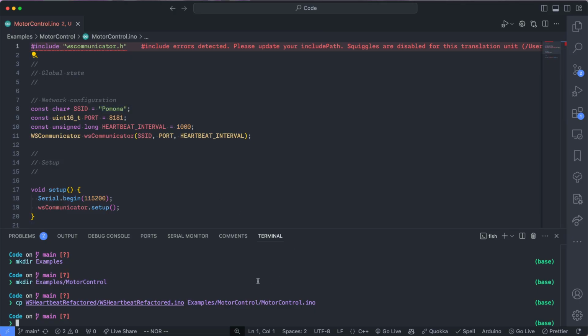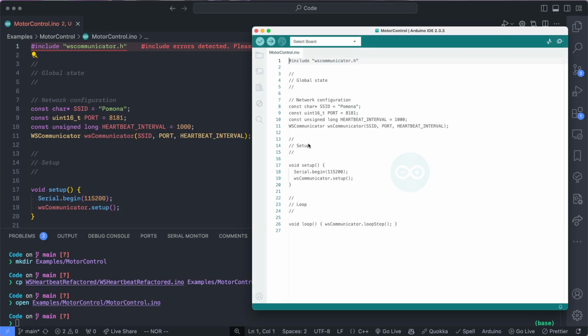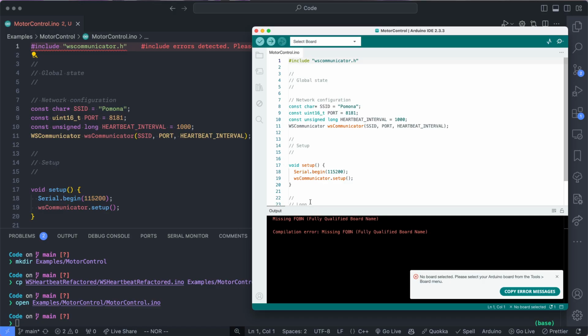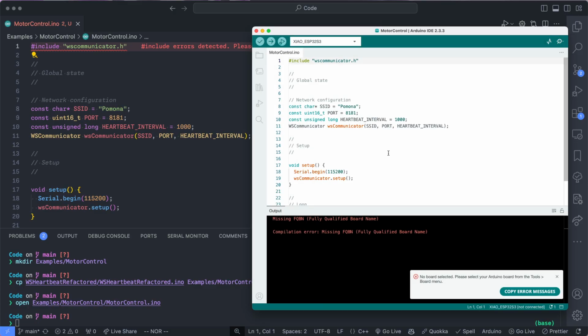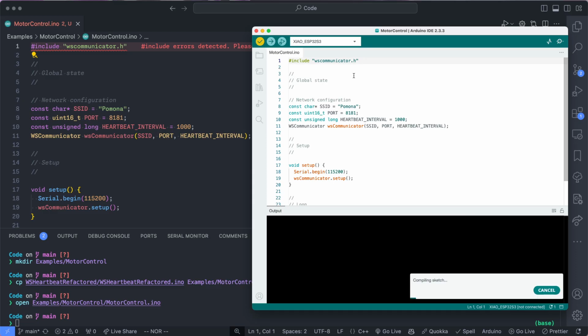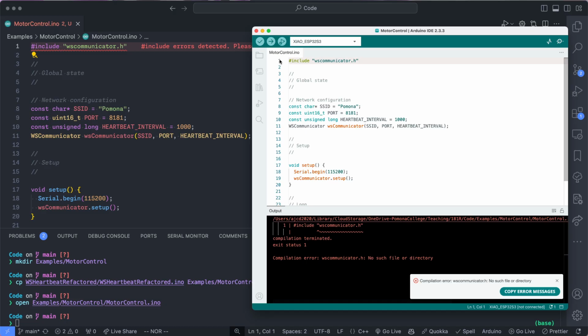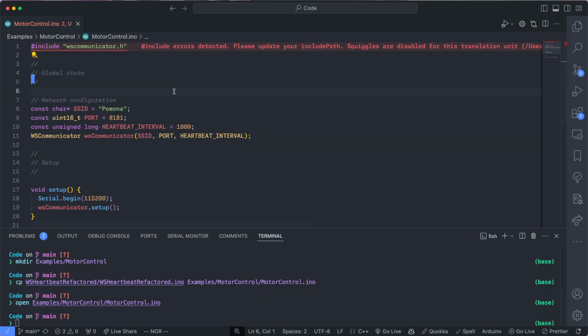So for instance, if I were to open that file on Mac, if I just call open, it'll use the default program for opening INO files, which should be the Arduino IDE. So if I open this file and try to compile it, first it's going to complain that I haven't told it what kind of board to compile it for. And since I don't have one plugged in, it has no clue what to do. Selecting the board, even if one's not plugged in, does allow me to compile it. What I'm expecting here is an error where it can't find this WebSocket communicator.h file,